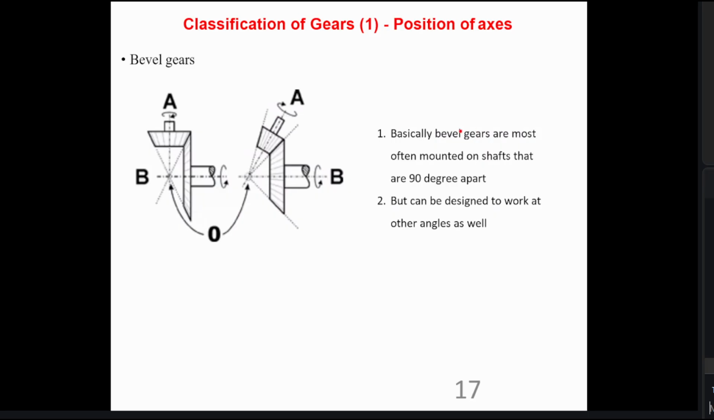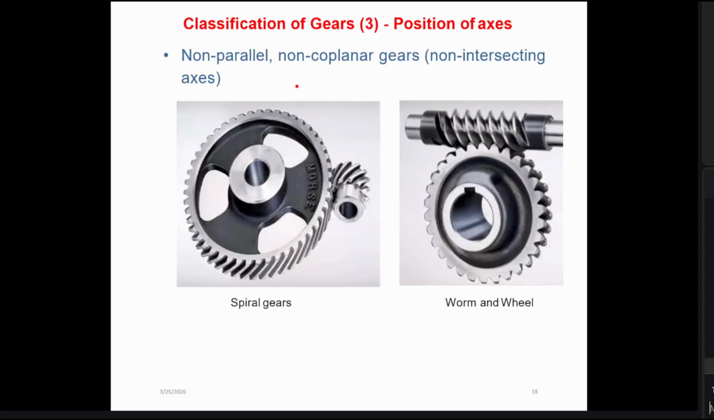Right. In the case of bevel gears, basically we can mount the axles in 90 degrees, and also other angles are possible, as I told you earlier, right? And non-parallel, non-coplanar gears, right? Especially spiral gears, and we have worm and wheels, which can handle very much higher torques and,